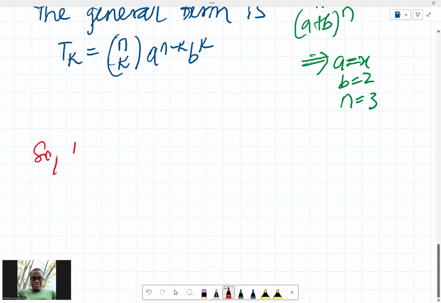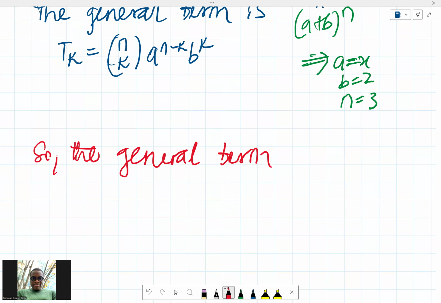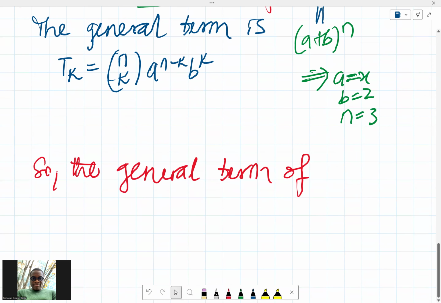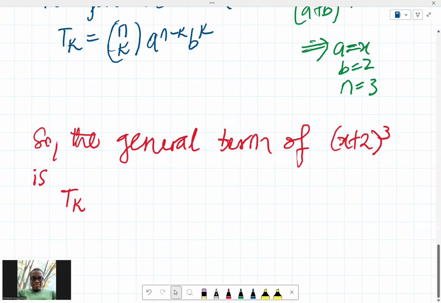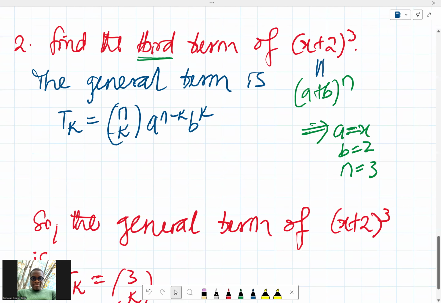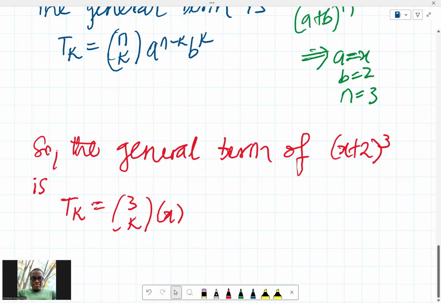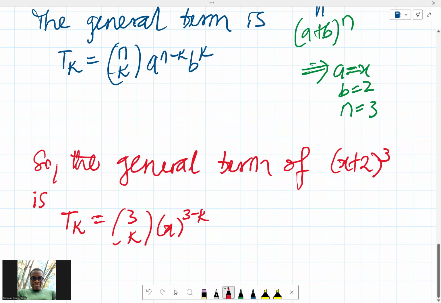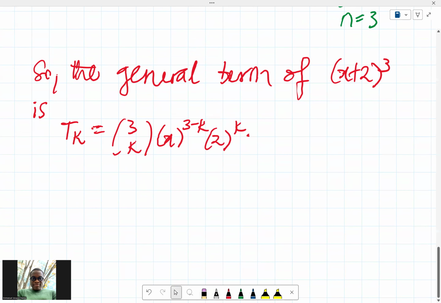So I can say, the general term of x plus 2 raised to 3 is tk. All right, tk equals n, that's 3 combination k. Then a, now our a is x, right? So x raised to power n minus k, that is 3 minus k. Then b is 2 raised to power k. So we can now say as such,